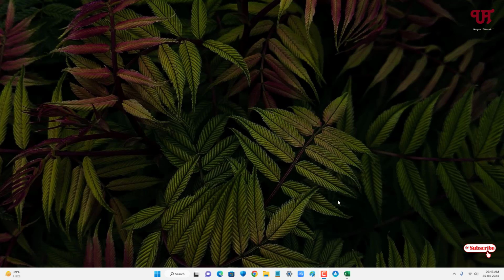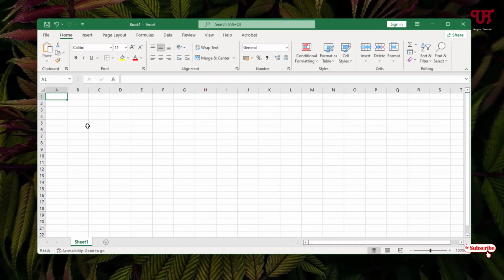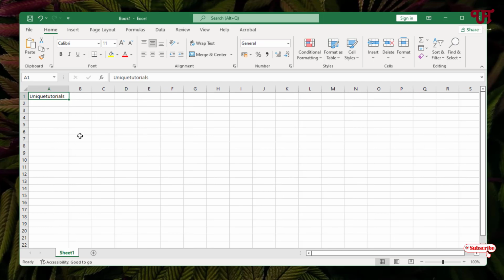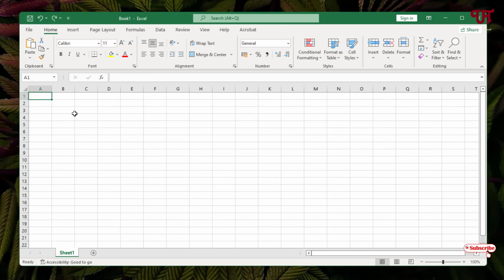So firstly, just open Microsoft Excel and let me type one word or text here. Now, most probably in order to adjust the column of the cell, we used to drag this line just like this, right? It's not very convenient, is it? So in order to make the column of our respective cell adjust automatically, what you need to do is